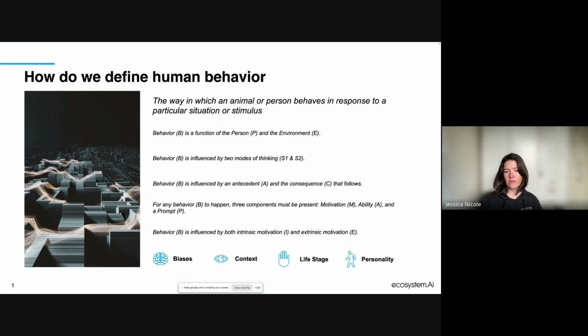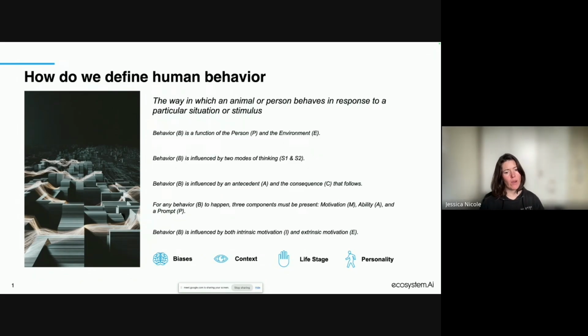And then the last one is just understanding how that behavior is defined. Is it intrinsically motivated or is it extrinsically motivated? So is it coming from somebody's own personal desire to do something, or is it something that is environmentally influenced? I'm not going to go too much into detail of these, but it's vastly interesting. So if anybody's got any interest in any kind of behavioral design, let's definitely look into any one of these.